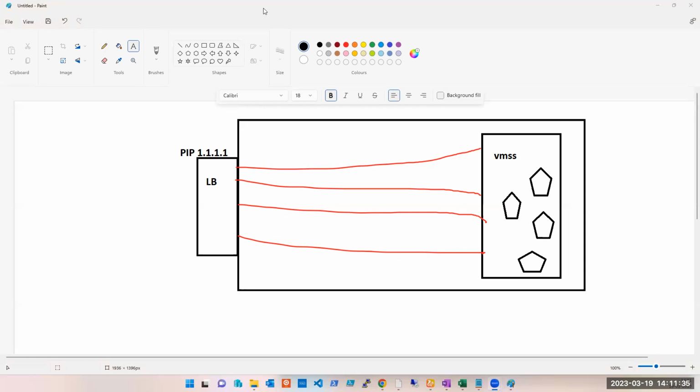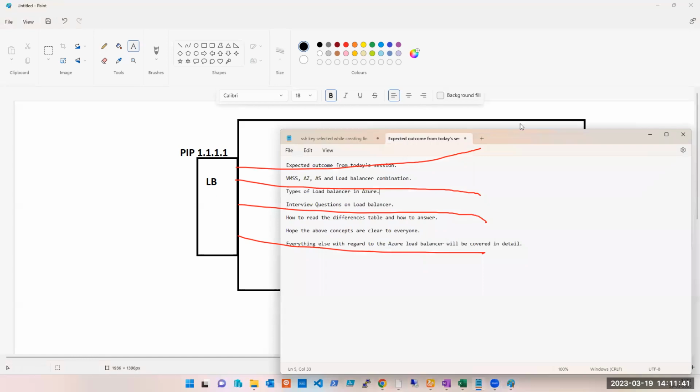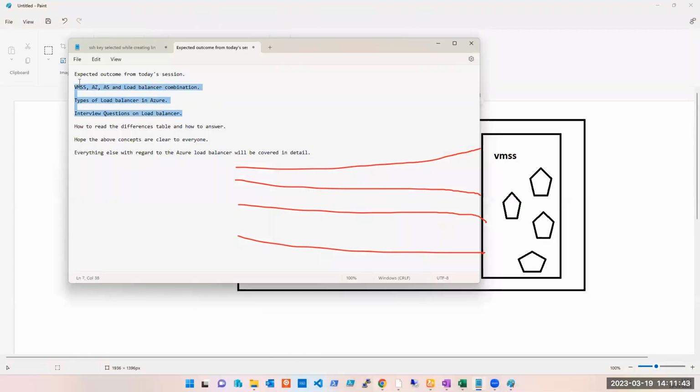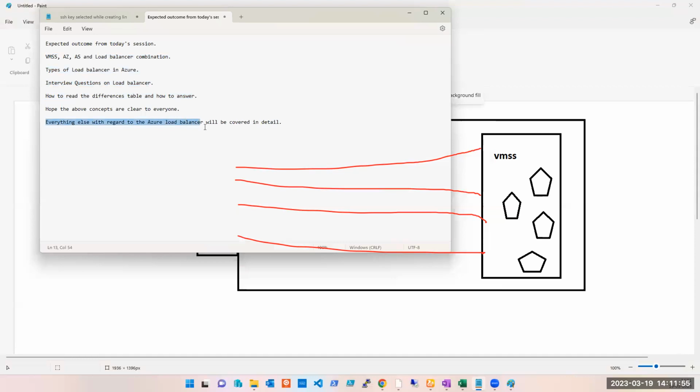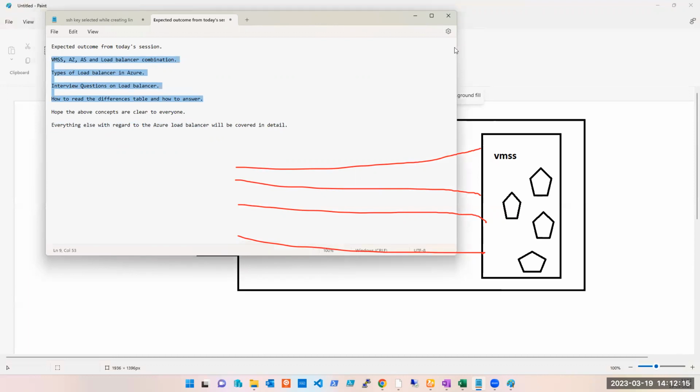Please explain the outbound load balancing from yesterday. Yeah, we are going to do that, Ibrahim. I'm not sure if you joined late or you missed this. I said these were the only expected outcomes from yesterday's topic. Everything else other than that with regard to load balancer will be covered. I sent this on WhatsApp also, and I just explained it also. And I was asking related to these points only. Did you guys understand this? Everything else, outbound, inbound, configuration, public IP, everything will be discussed. So don't worry about that. If you have any questions on this one, please let me know.